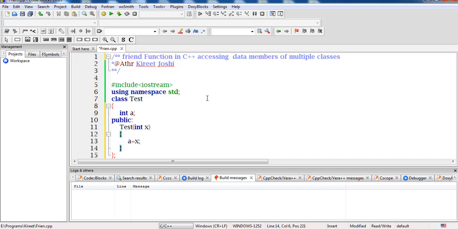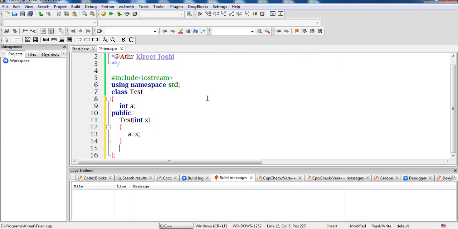Now what I have to do is declare a friend function in this class. This class wants that this data member must be accessed with the help of a friend function that will be declared by this class only. So I will be writing friend, this is the friend keyword, then int, that is the return type of the function. You can take it anything, float, double, void, it is up to you. It depends on how you are accessing the program.